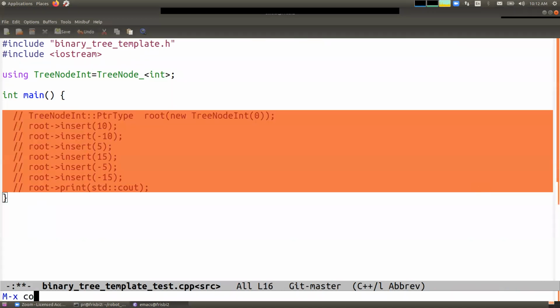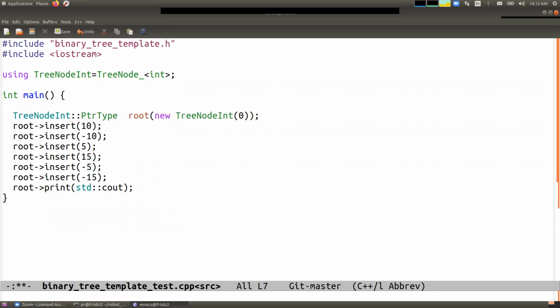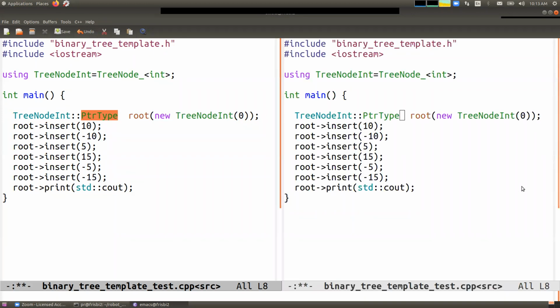I could explicitly use the fact that the tree is a smart pointer, and so I will have to say here, define the object tree node on integers, and then here define the variable pointer type, nested template of tree node int. We are accessing the using pointer type of the tree node. You remember what we have done before? We can access the member class of a class, the member type of a type, with a colon operator. So this will resolve in